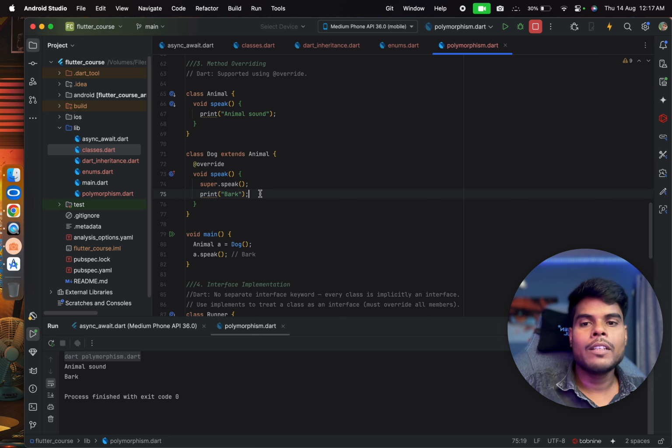Once initialization is finished, then we write our own code. But when the life cycle is ending, we are closing the visit, so we override the dispose